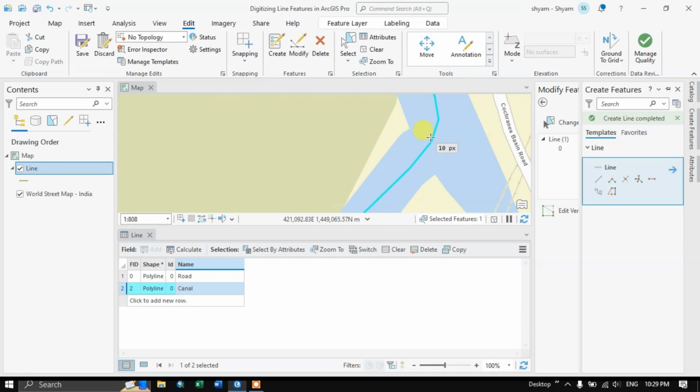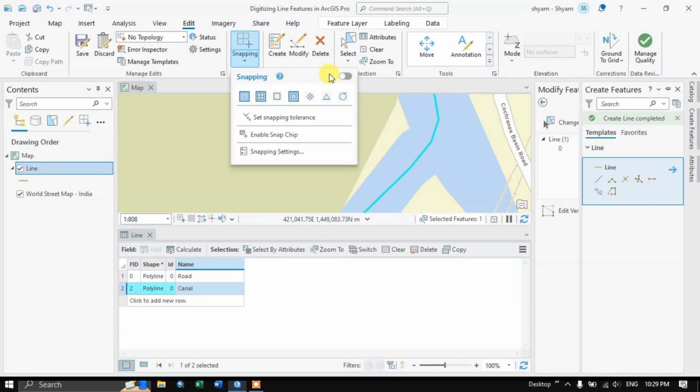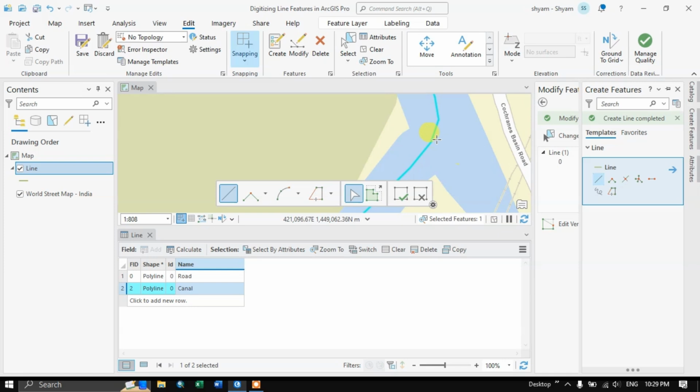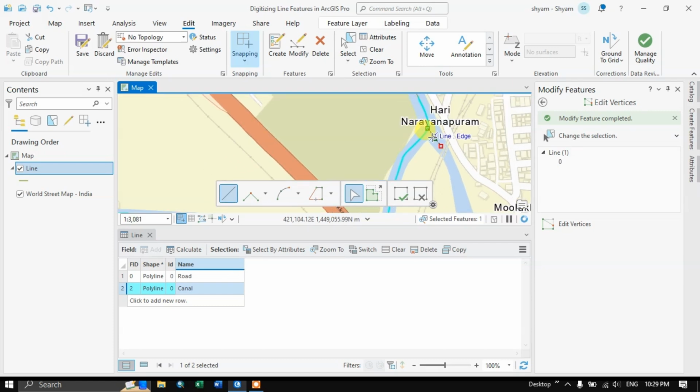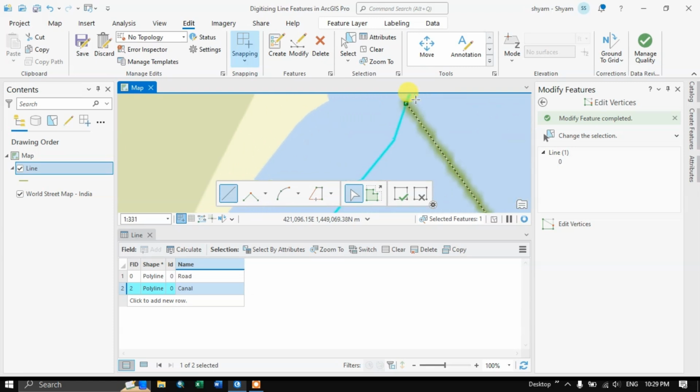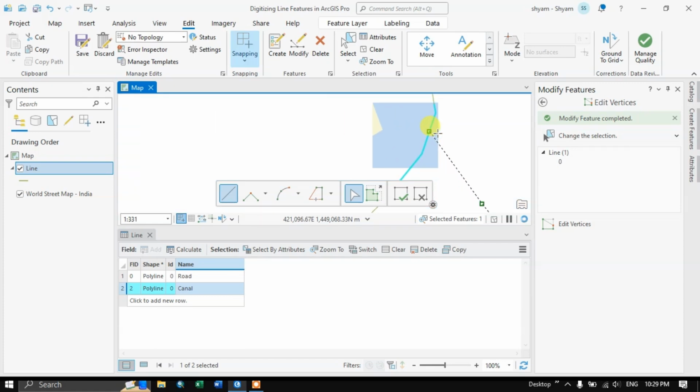So now you could see that the snapping is not enabled. So once again select snapping and use this button to turn it on. Now click on this line. Now we are ready. Now you can see here that it is detecting this line. Now you can see automatically it will be placed on this line. So both these lines will be merged. Merged means it will be joined together. There won't be any gap between these two lines. So this is useful when digitizing, because